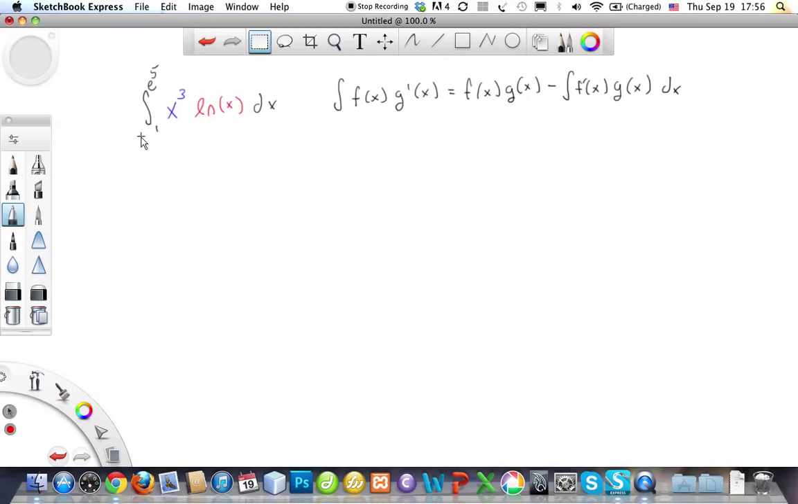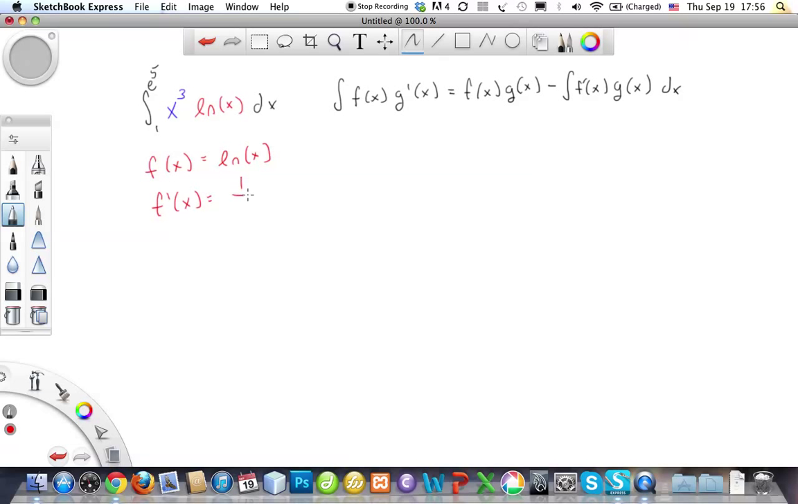So I wanted to start this episode off by explaining that this is a second example of a definite integral using integration by parts. Okay, so I'm going to assign my first function, f of x. Actually, we're going to do it the other way. Our first function we're going to use natural log, so f of x is going to equal the natural log of x. Okay, f prime of x